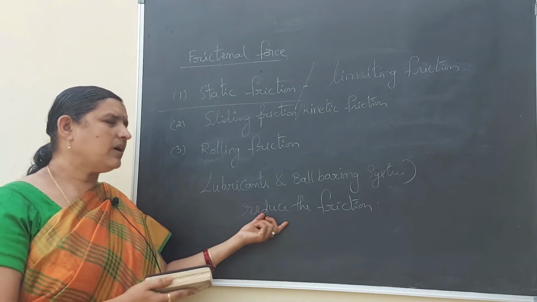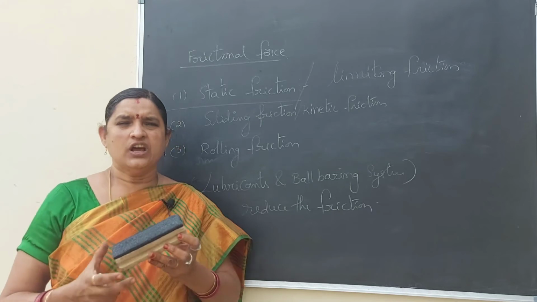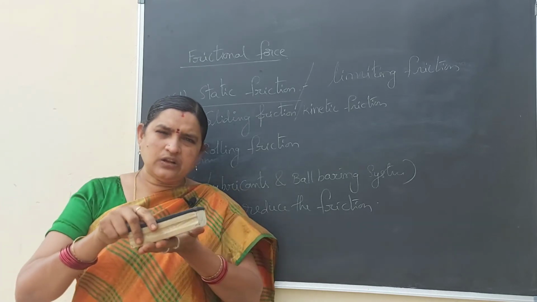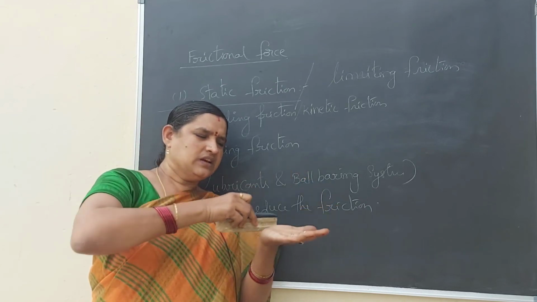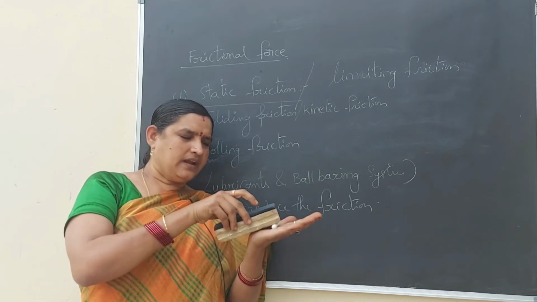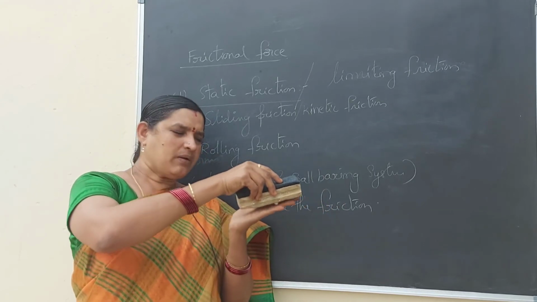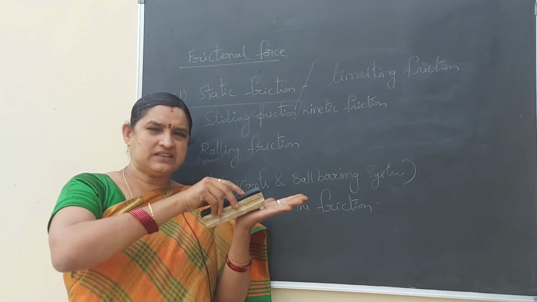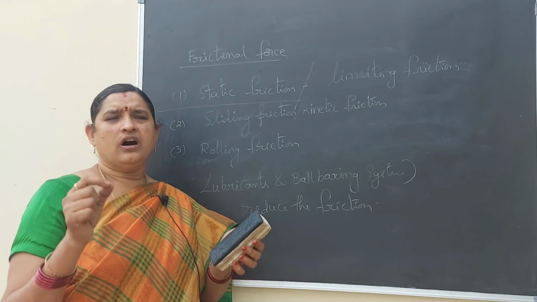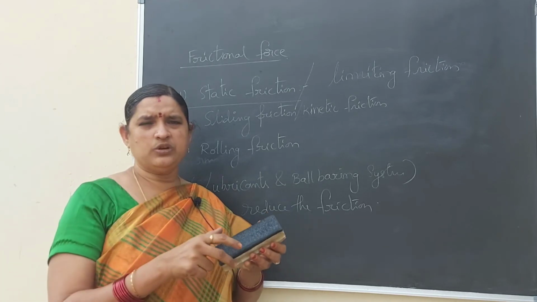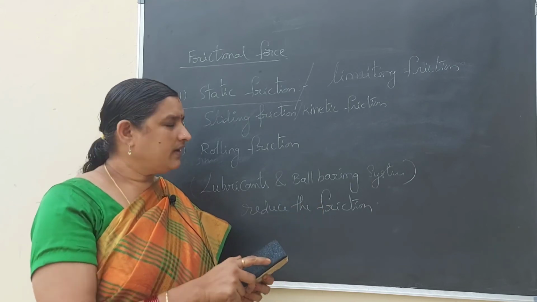In the same way, the ball bearing system also. We cannot move heavy objects in a normal condition. If you keep rollers down, what happens? Suppose it is very difficult to move the duster like this. Suppose I kept a chalk piece here, and it became very easy to move on the surface. What happened here? This is the principle of the ball bearing system. We are using shots, lead shots or iron shots or marbles, to reduce the friction, to increase the rolling friction.